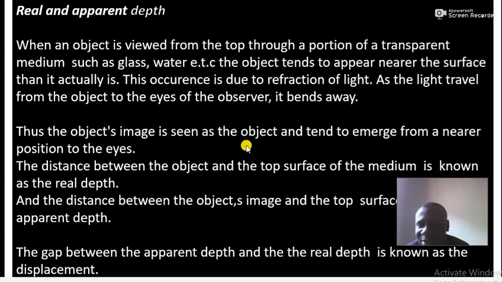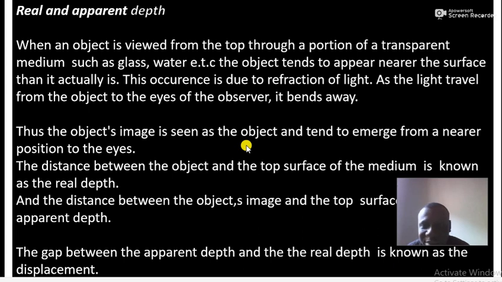And so the observer sees the object to be closer to the interface. Since the object's image is closer to the surface separating the medium and air, the distance of the image from the boundary interface is not the true distance. That distance from which the object's image is formed to the interface is called the